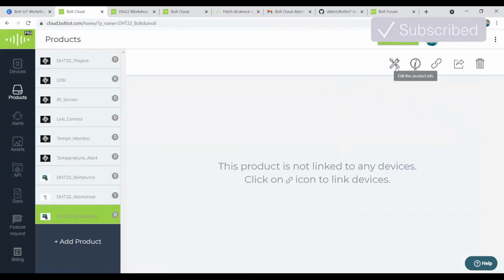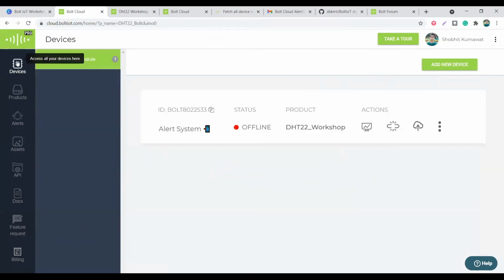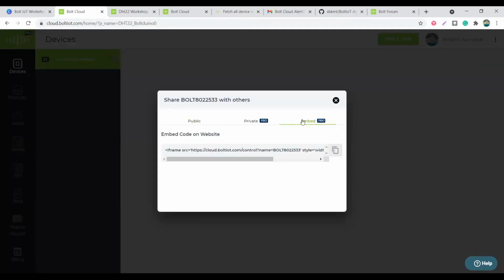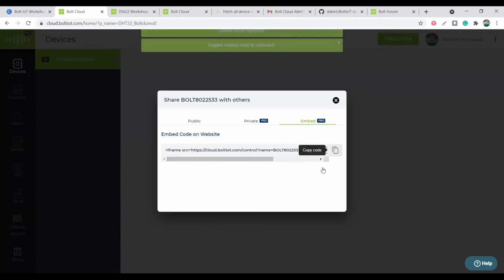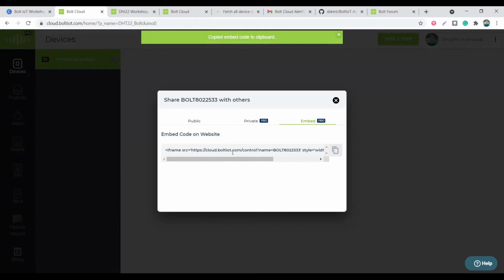You can see that there is a feature where you can share. Let me click on it. When you click on it, there is a share option, and there is an option of embed too. You can embed this code on your website and it will display as it is. You just need to copy this one line and paste it in your website code. Whatever graphs were displayed to me will be shown on your website. So within a single click, you can embed these graphs in your own website.